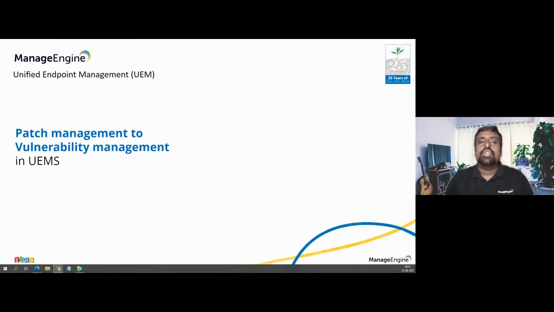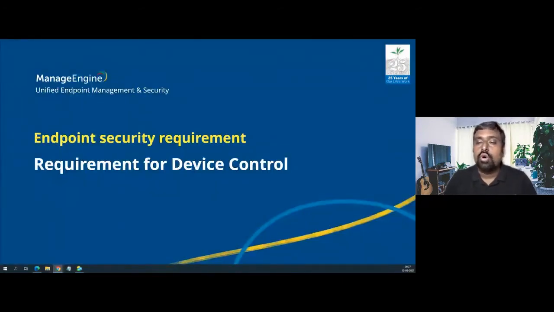perspective, the second security requirement that came to us was more from a device peripherals perspective, those connected to different devices. When you're at home, you connect different devices to your endpoints, and that's one of the areas we also wanted to highlight and address. So a comprehensive USB based peripheral management, where you can control the devices, what's been copied out of the device. All these could be controlled from a single unified approach. That's one of the security requirements, and that is available in our unified endpoint management suite, right?